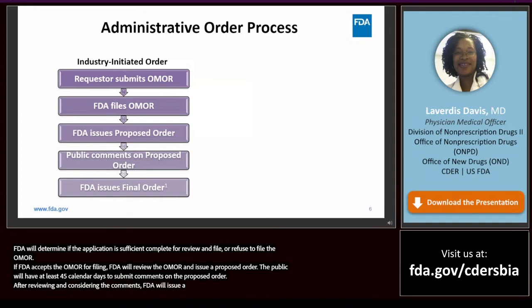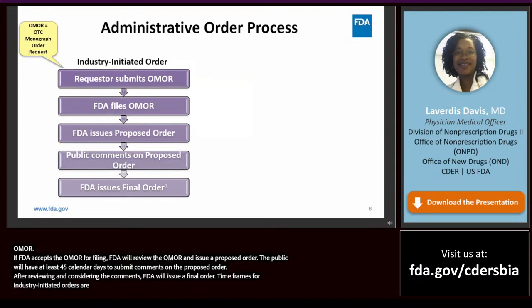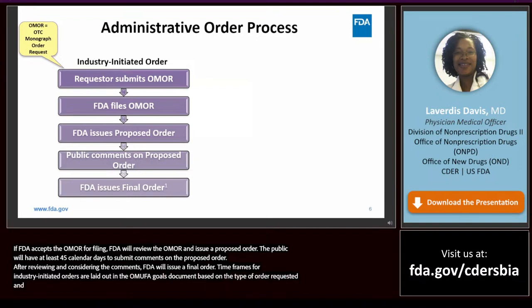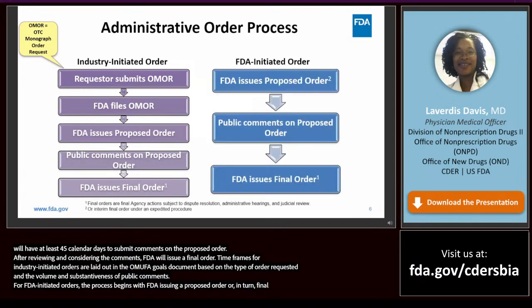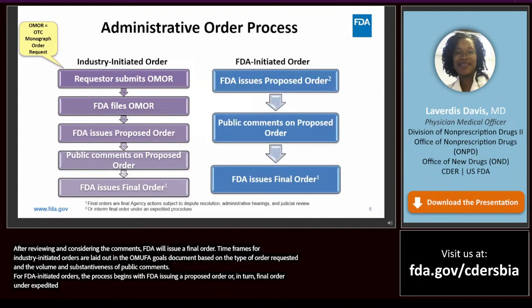Time frames for industry-initiated orders are laid out in the OMUFA goals document based on the type of order requested and the volume and substantiveness of public comments. For FDA-initiated orders, the process begins with FDA issuing a proposed order or interim final order under expedited procedure and continues in a similar manner as for an industry-initiated order, with a public comment period followed by a final order.